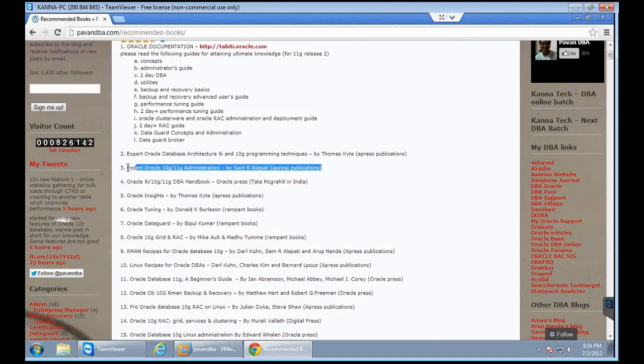For beginners, I feel this book is quite enough. Yeah, there are many books if you go to some websites.